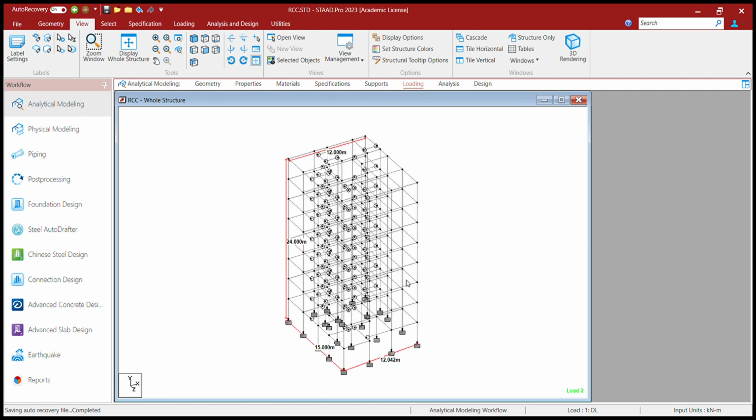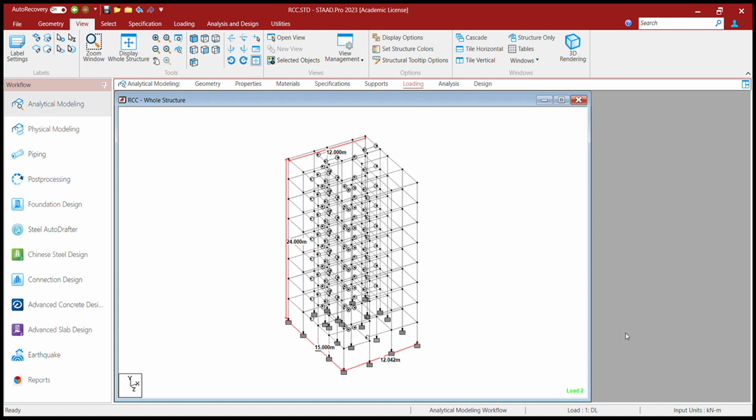Now live load. For live load we will consider, for example, 5, maybe for a residential building from 2, 3, 4, 5 like that you can assign. So we will assign, suppose, -3 kilonewton per meter in GY direction, add and close. Okay, you can apply live load differently on the terrace and on other floors. Here let us assume that this live load is common to all floors. So we will assign this minus 3 kilonewton load